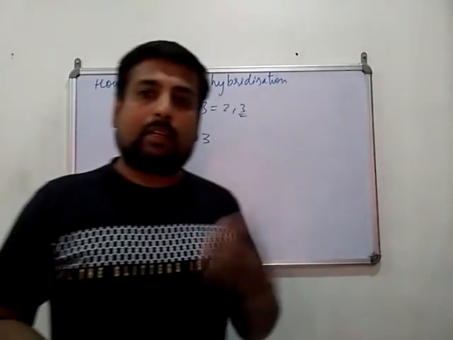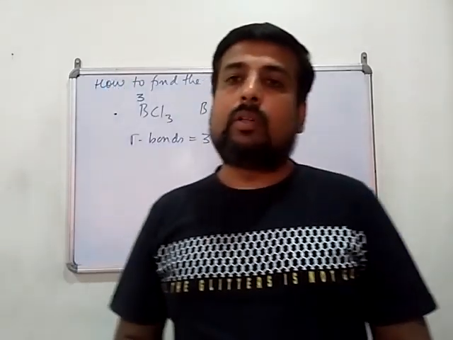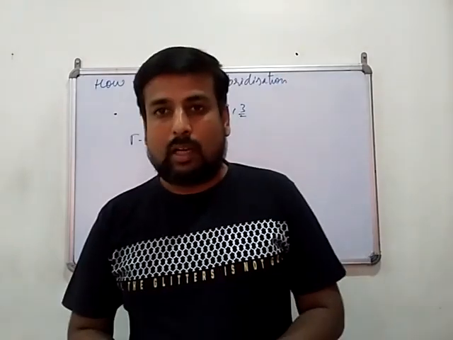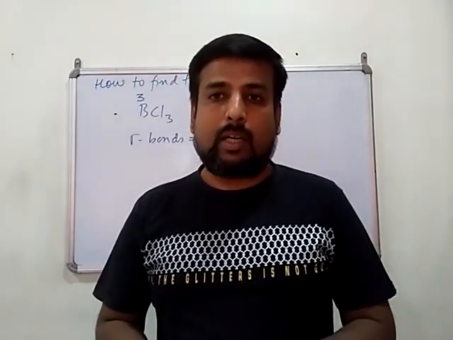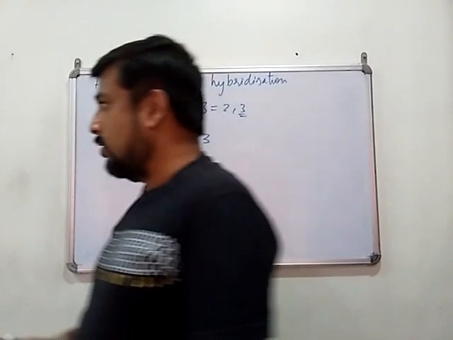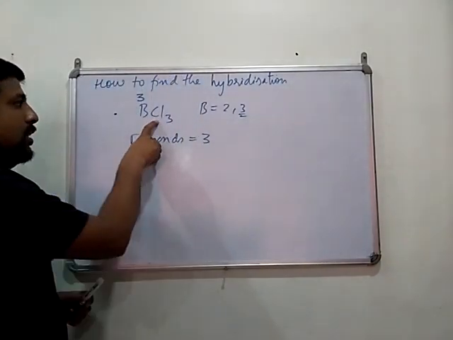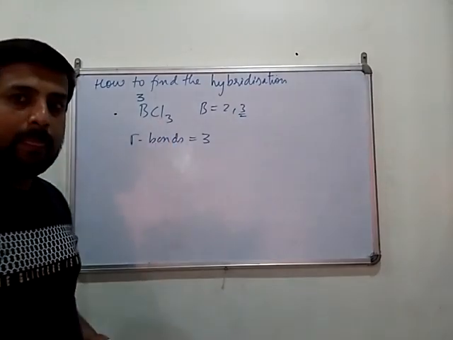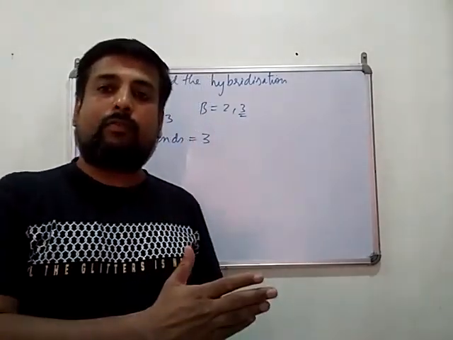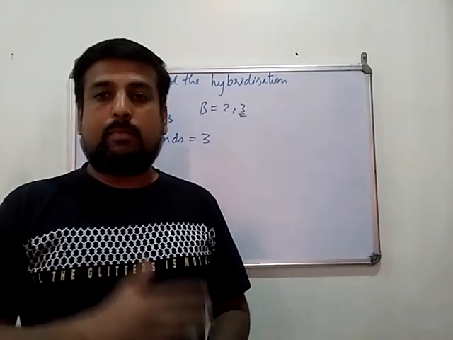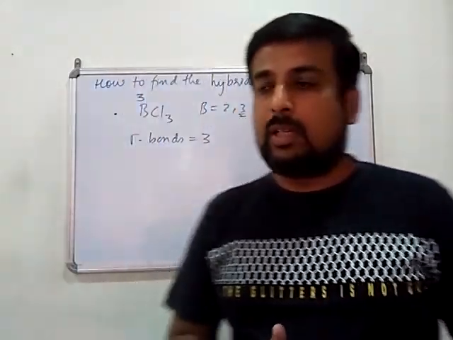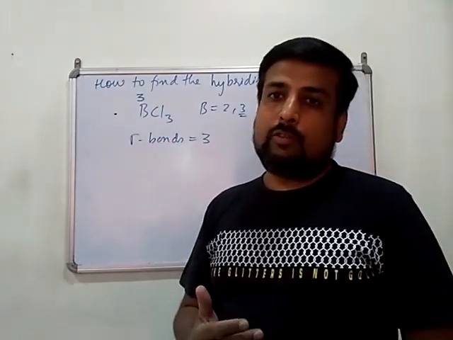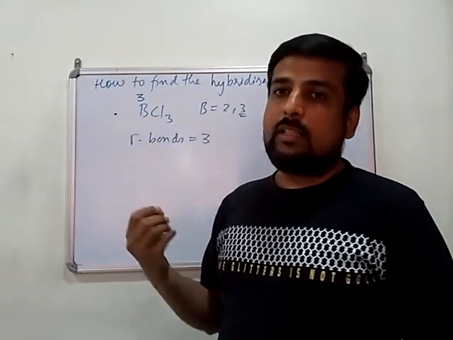Now think about how many electrons are used by the boron atom to form sigma bonds and how many electrons are present as unpaired or unshared electrons. For that, we have to see the terminal or surrounding atom connected with boron and its valency. That means the chlorine connected to the boron atom. So what is the valency of chlorine? Depending on that, we can find the number of lone pairs. Here, chlorine is monovalent.